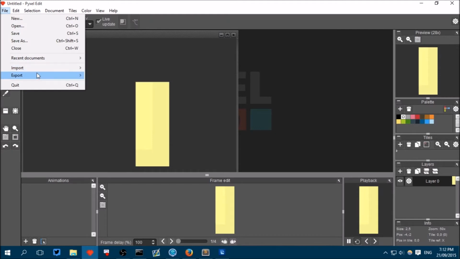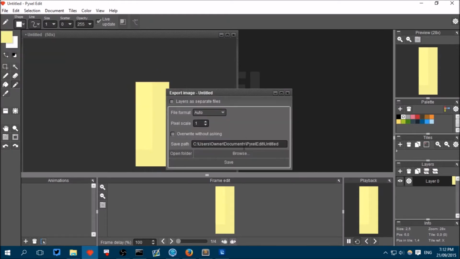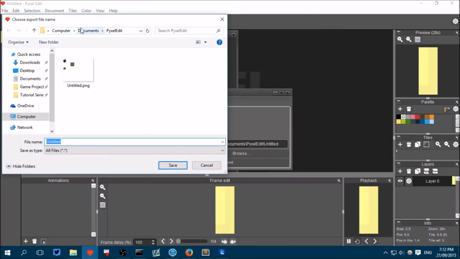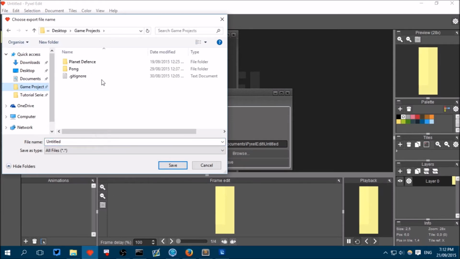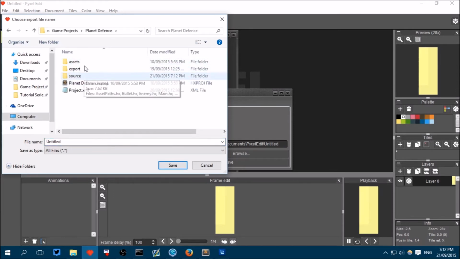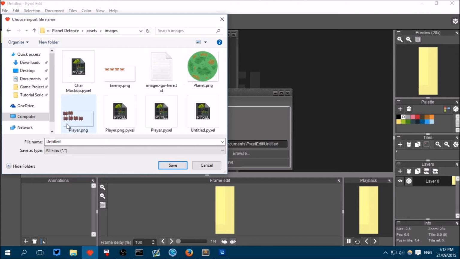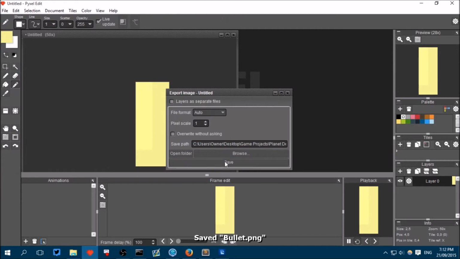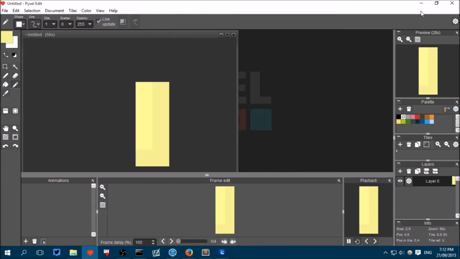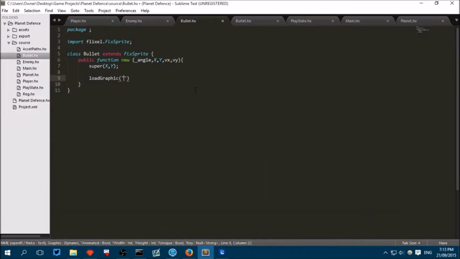Just save this, so file, export, export image, and we can export this in our game projects folder, Planet Defense, assets, images, as Bullet.png, and save that. Now in our code we can refer to it as assets/images/bullet.png,